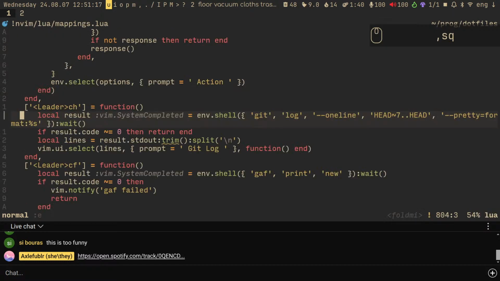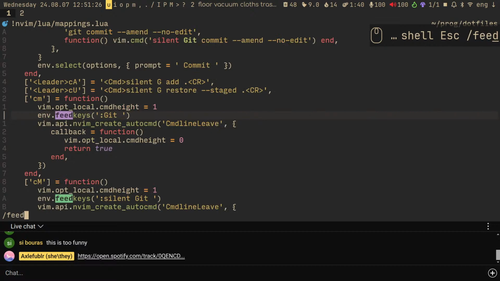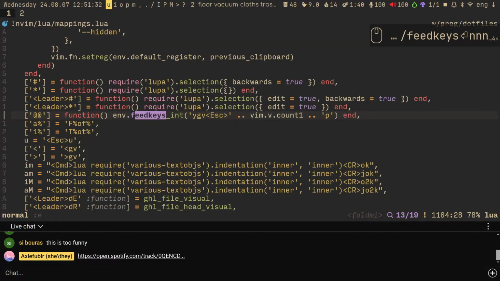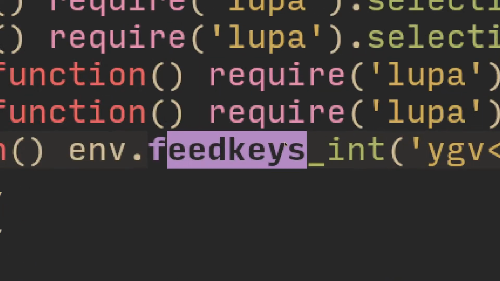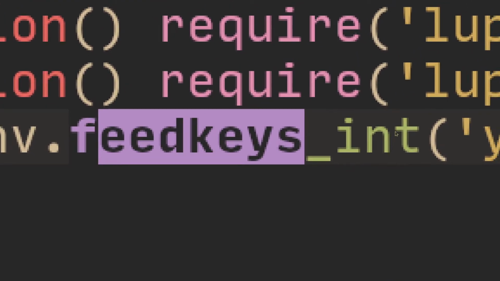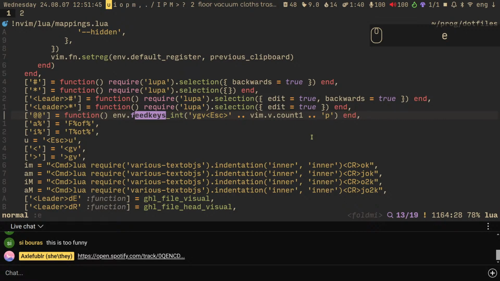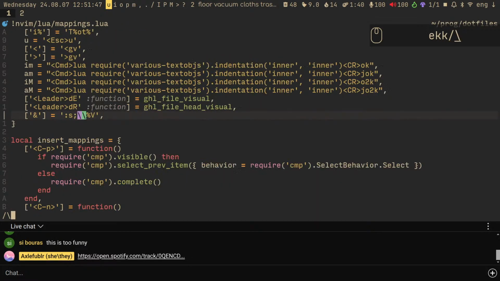Let's go back to this file. Let's say I want to search for env shell. No, let's say I want to search for feedkeys. And I press N to go to other ones. Whoops! I forgot that feedkeys can be in another word. And now it matched _int. That's not actually what I wanted to do here. I'm fucked. Unless I wrap